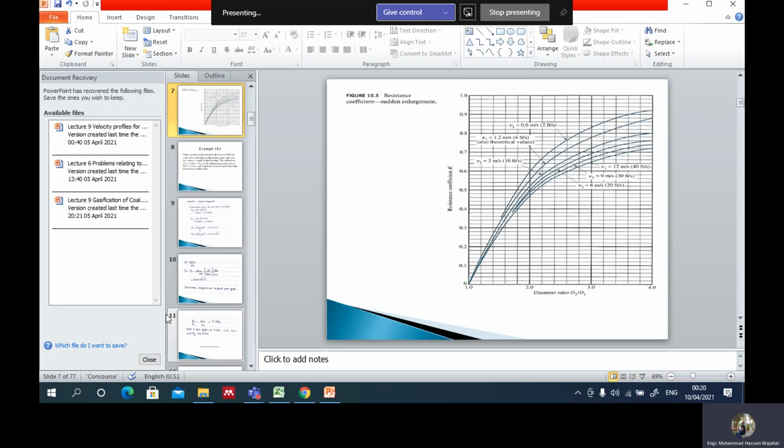Once I know my resistance coefficient value, यानी अगर मुझे मेरी resistance coefficient की value मालूम है, K की value, मैंने simply velocity head के अंदर बाकी की चीजें डाल देनी है. U1 की value डालनी है. U1 is found out by Q is equal to U1 A1. I have a value of U1 which is 4.3 something.